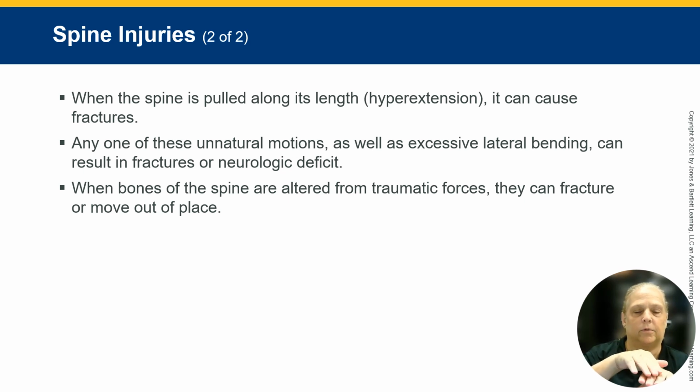They can go backwards, forwards, or to either side. When we're palpating along the spine, that's what we're looking for, any tenderness or misalignment. If we feel it, we want to make note of about where we found it, and we want to take spinal precautions in order to prevent any further damage or to reduce the risk of